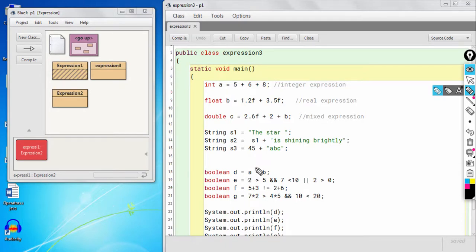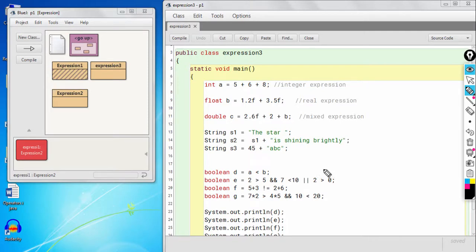So those expressions which consist of relational operators as well as arithmetic operators are known as Boolean expressions. Okay, so Boolean expressions will either give you true or false, and I'll not explain this program because we have already discussed the relational operators in the relational operators section.